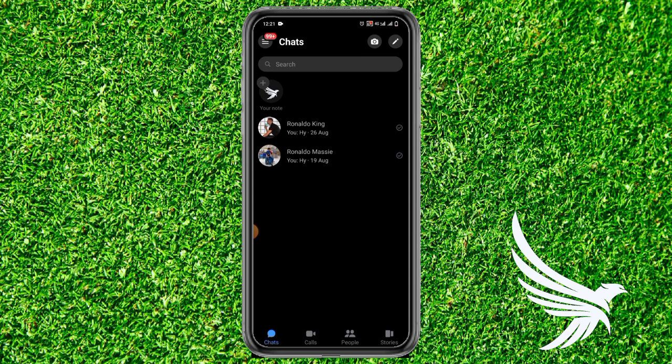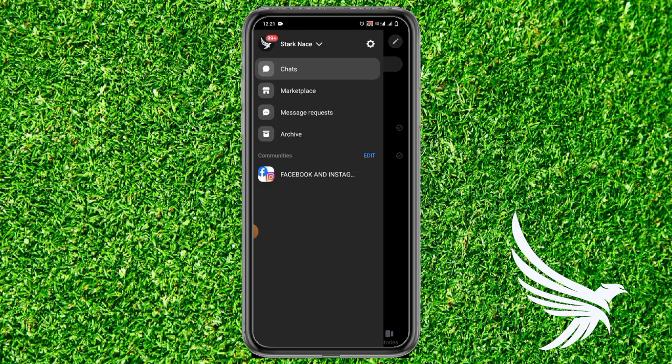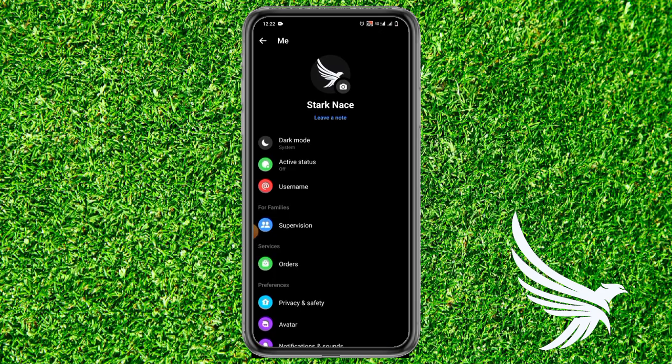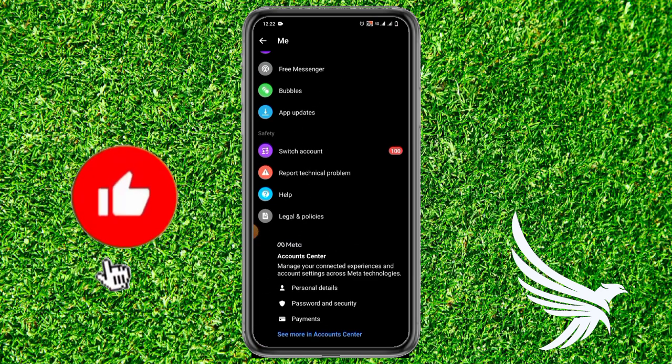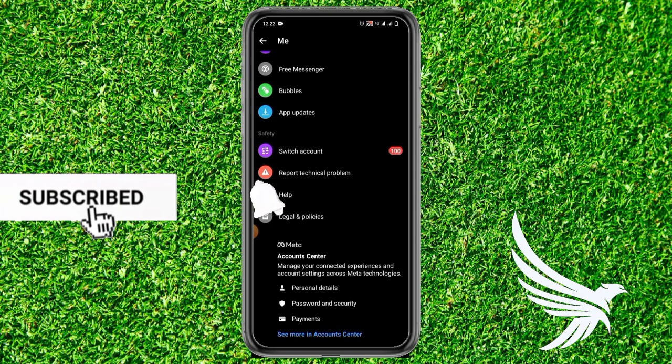Let's get started, and first of all, just simply open up your Messenger and then tap on the three lines on the top left and click on this gear in front of your username to open up settings. Once you come to the settings and scroll down, you can see the option of account center. Just simply tap on that option